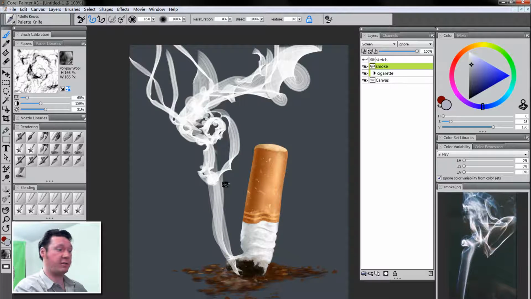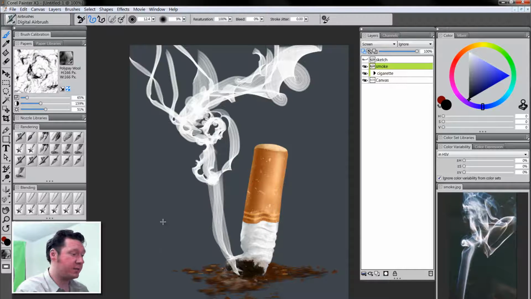Oh, another kind of curl there. Okay. So obviously we don't want it to be that white. So what we're going to need to do is tone it down a little bit. Let's go ahead and use the digital airbrush for this. So what I'm doing is I'm painting with black, and what that's doing is it is kind of just concealing or almost erasing